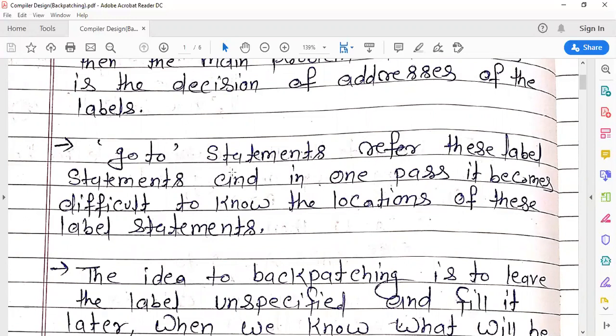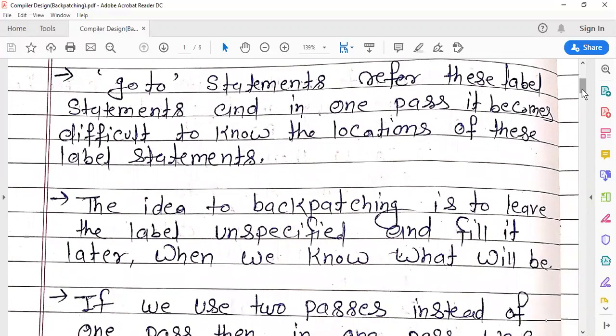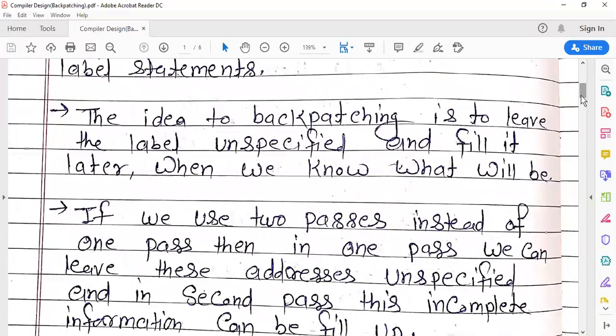In one pass it is very difficult to know the location of the label statement on which label the go to statement jumps. So what is the address for the go to label statement? These types of problems can be resolved by the backpatching technique.